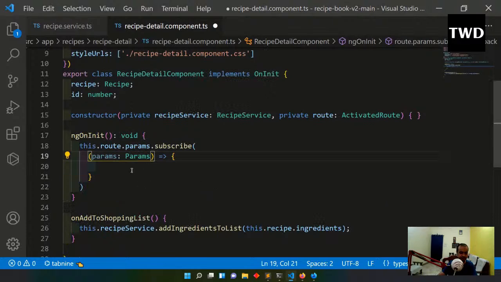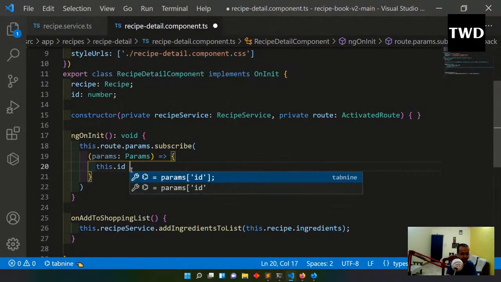It is also from the router. Okay, this dot id equal to plus